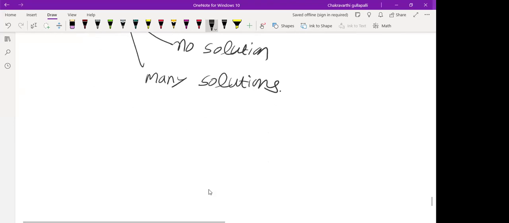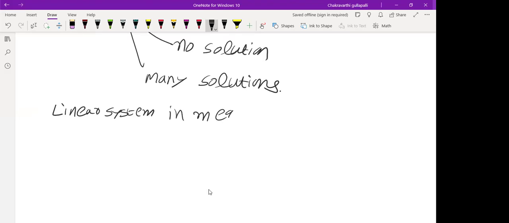So we want to solve linear systems of higher order. This was only 2 equations, 2 unknowns. Our aim now is to solve a linear system in m equations and n unknowns, which is given by